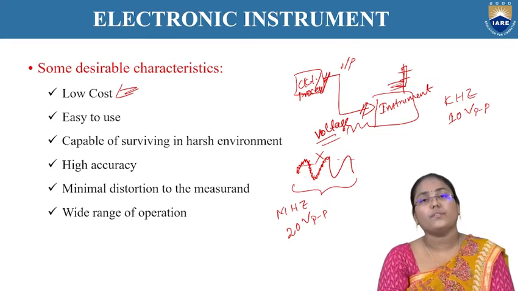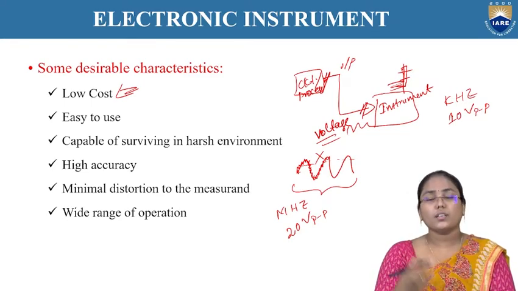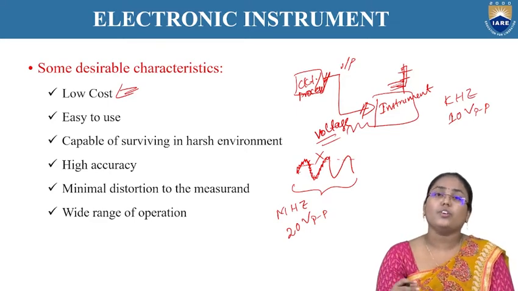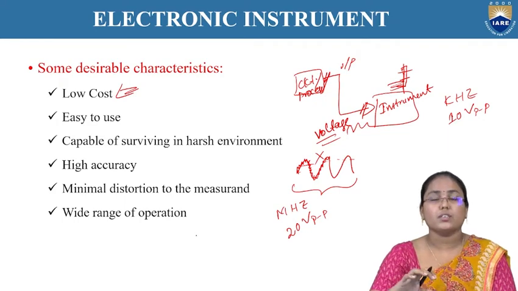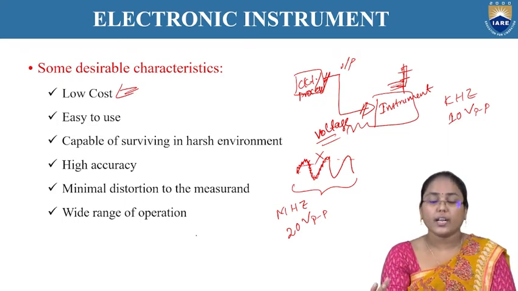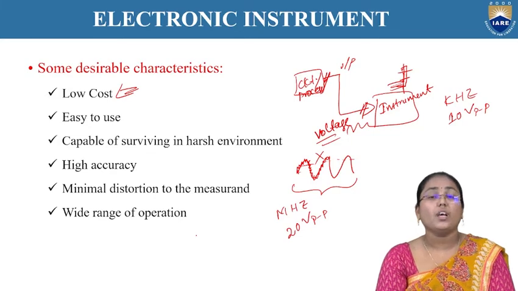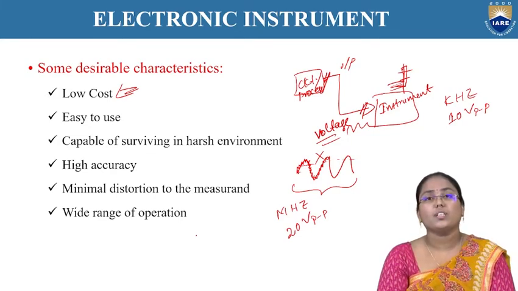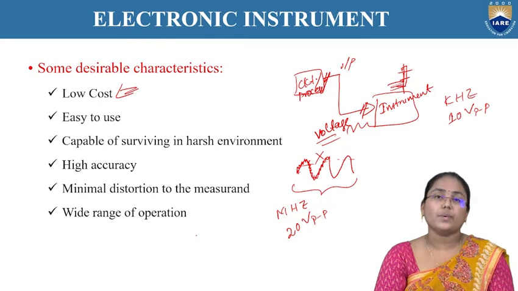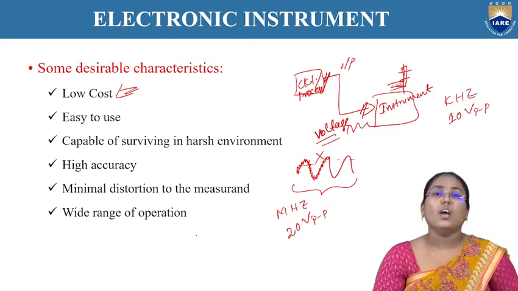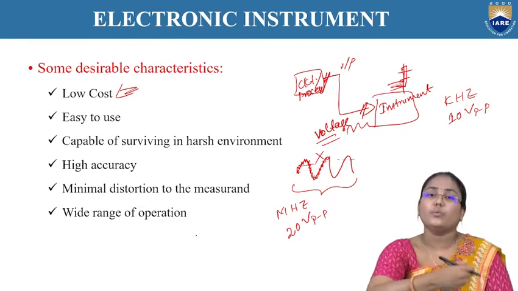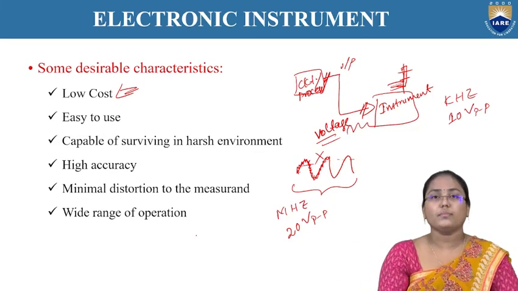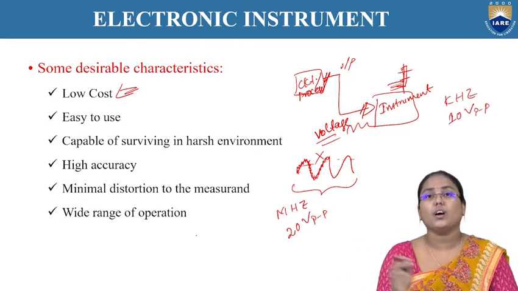And also it should have a wide range of operation, means in some cases it should be capable enough to measure many quantities by just modifying certain criteria. For example, if you take a digital multimeter, what is being used inside is a simple voltmeter design or a digital voltmeter design, and by using the digital voltmeter, we can convert from one form to the other. We can do some operations, and we can see the output over there.